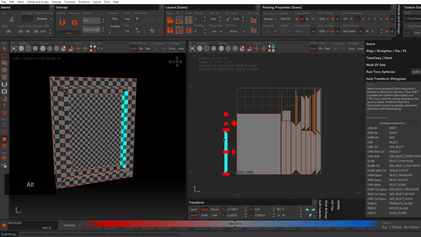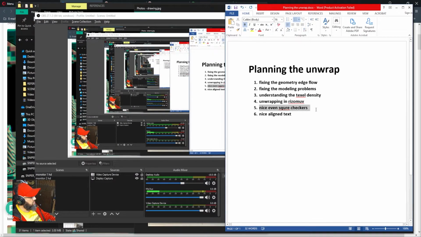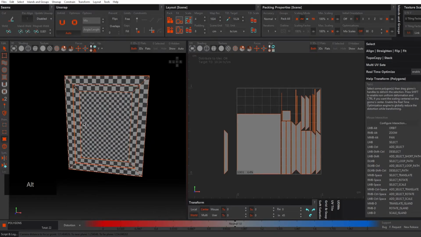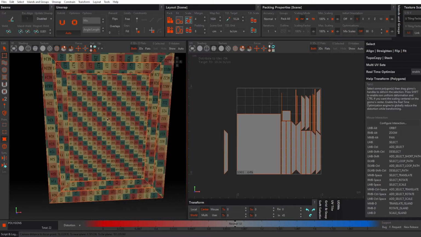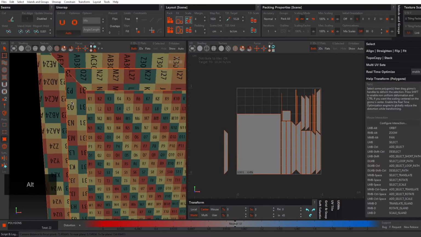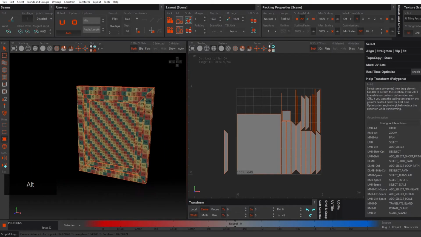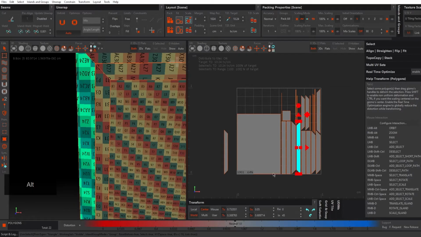And see, here's the thing. The next would be to, this is done, and nice aligned texture. What I mean by that is, if I go to this texture mode, you can see that some of these faces, the text is upside down, and here it's okay. So this means that I need to pack these islands in the right direction, or rotate them